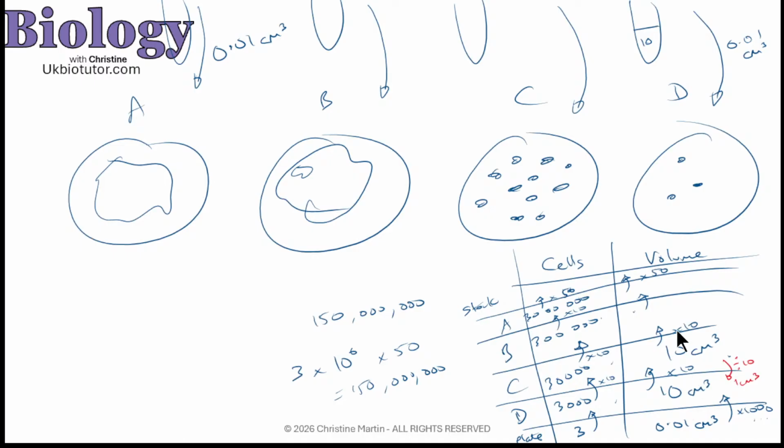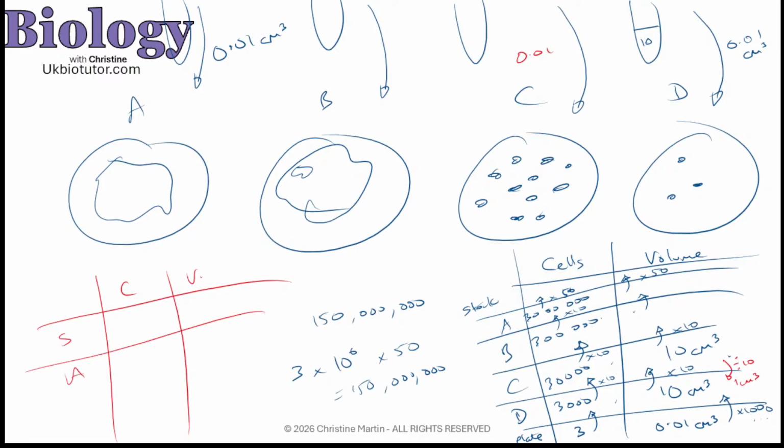Now, the reason I want to show you this question, and I haven't forgotten about you saying the 2018, I will have a look for it in a minute. If we looked at C this time instead, now remember I've still got 0.01 centimeters cubed coming out. So I'm going to do the same again: volume, cells, and then I've got stock, A, B, C. So I've still got the plate, and the plate has 1, 2, 3, 4, 5, 6, 7, 8, 9, 10, 11. So my plate has got 11.